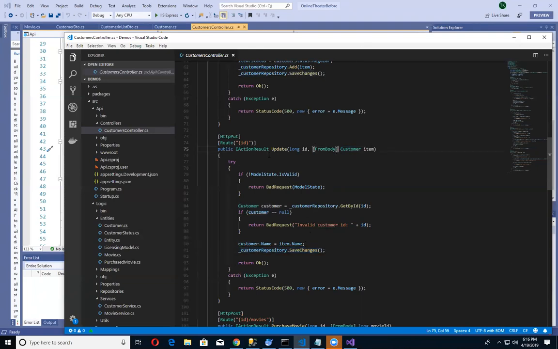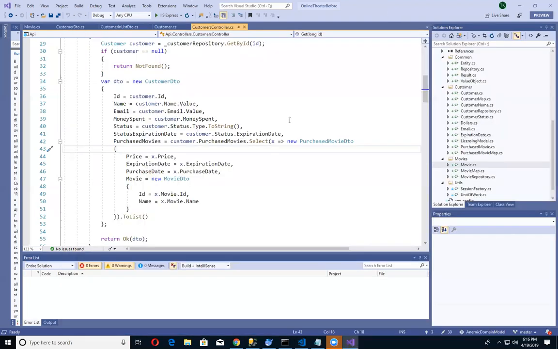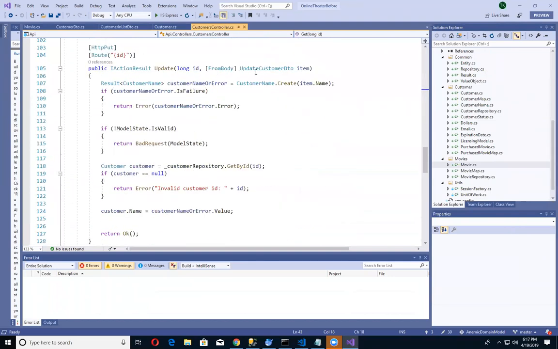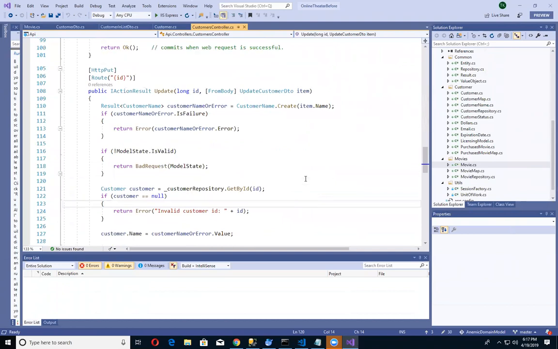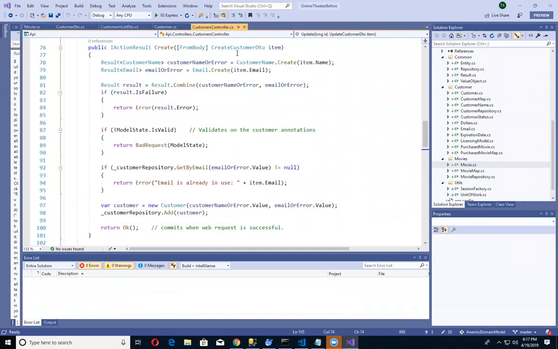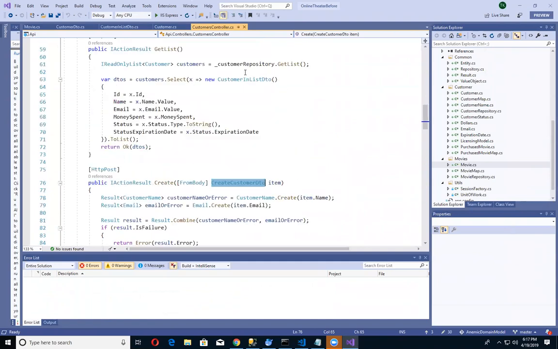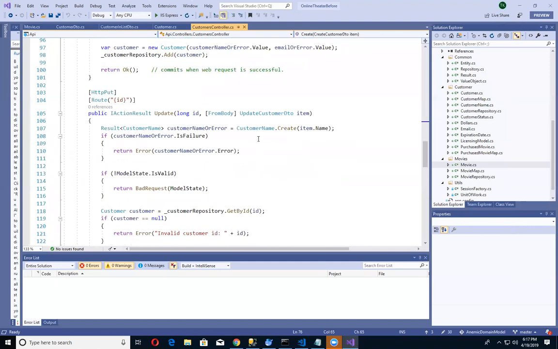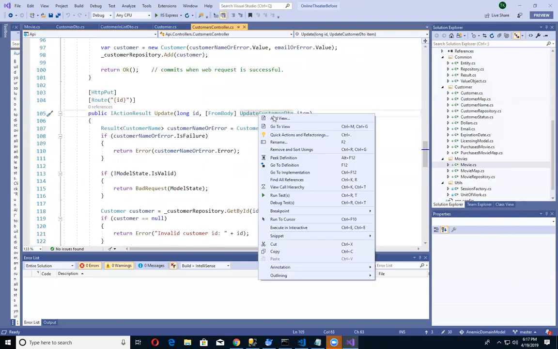So check this out. This update method that he has here, this is really cool. It has now morphed into another DTO. Notice the DTO coming in here is a totally different DTO, update customer DTO. And we got a create customer DTO here for the create. But what does the customer one look like? Well, if you take a look at that,